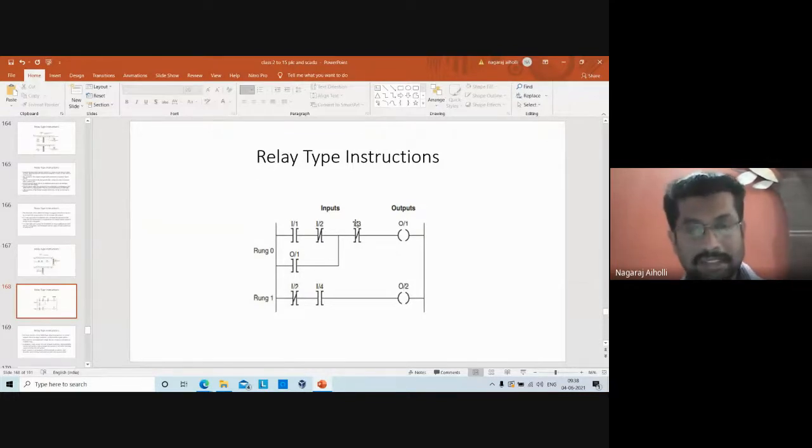In horizontal scanning, it scans first I/1, then I/2, I/3, then O/1. Okay. Then the second horizontal scan is I/2, I/4, then O/2. If it is vertical scanning, it will go vertically. That is I/1, O/1, I/2. Then the next scan is I/2, I/4. Next scan I/3. Then the fourth scan O/1 and O/2. Okay. So like this, it follows the horizontal scanning and vertical scanning methods.